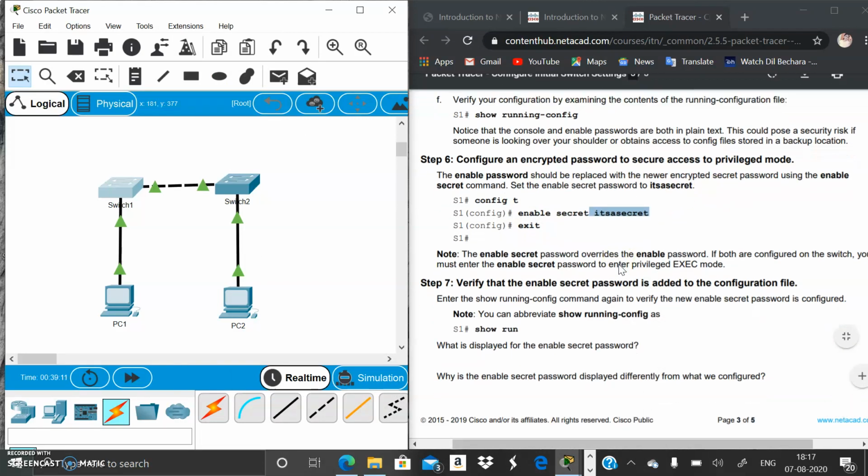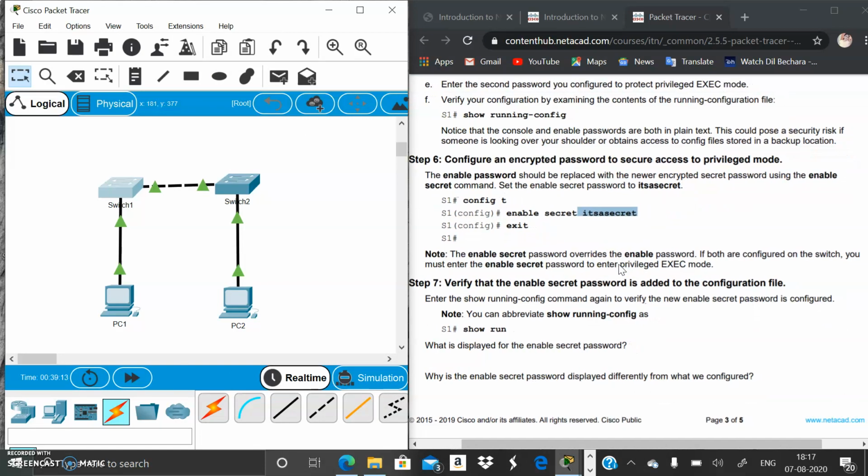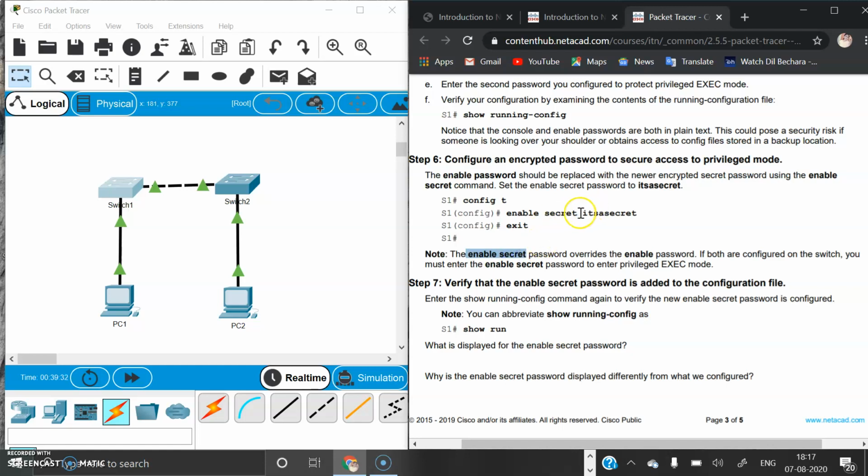Now here there is a note. The note is that the enable secret password overrides the enable password. If both are configured on the switch, you must enter the enable secret password to enter the privileged exec mode. If enable and enable secret passwords are both used, the main priority is given to the enable secret only. If we check, the password that we have entered now will be taken.